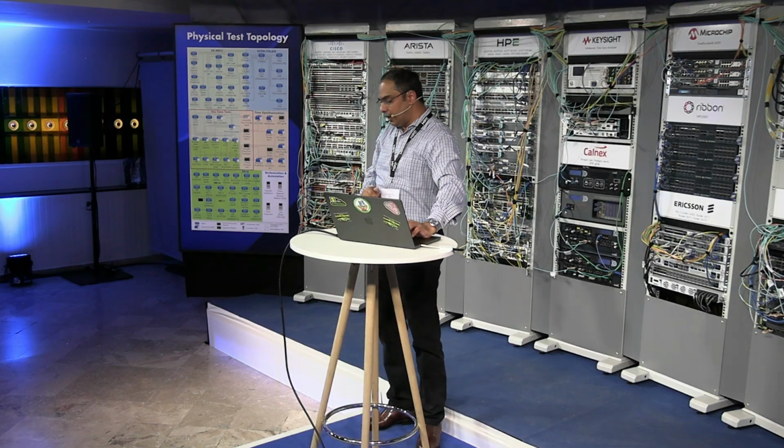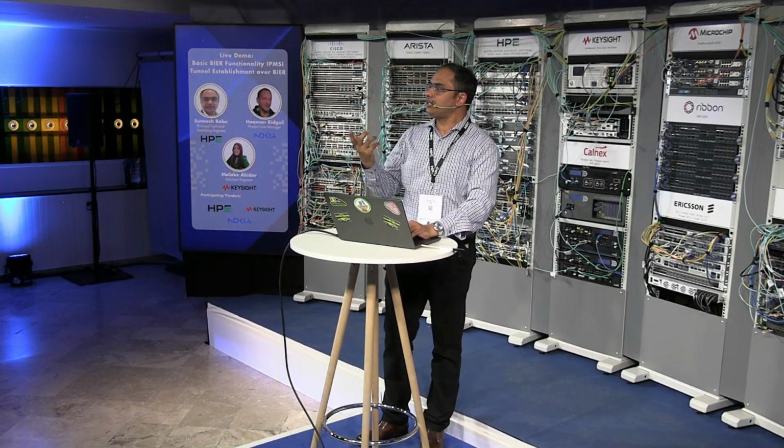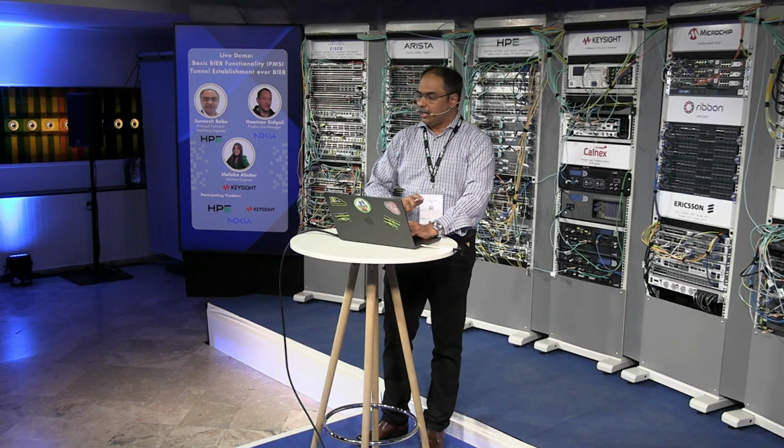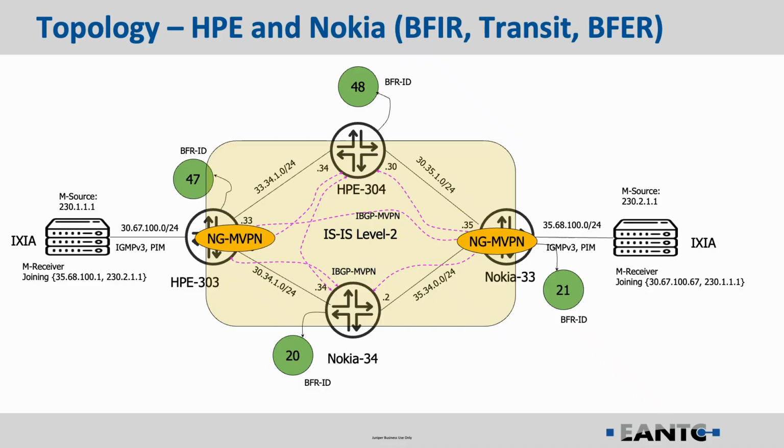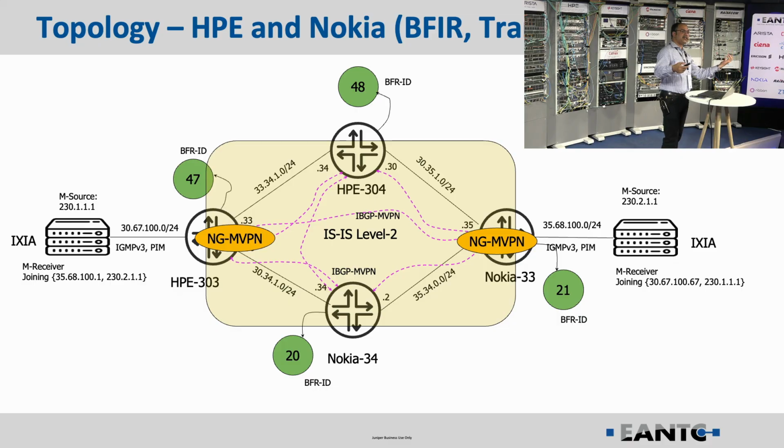Now coming to the overlay part, what we are using is BGP. I have the BGP neighborship up and running. Now, if you look at the topology diagram, I have a multicast source behind the HP node. For that multicast source, there is a receiver behind Nokia. That means the encapsulation happens at the HP node, and decapsulation happens at the Nokia node. Similarly, on the Nokia side, there is a multicast source behind Nokia for which the decapsulation happens on the HP node. So what I'm going to do here is show route advertising-protocol bgp 10.0.0.35,